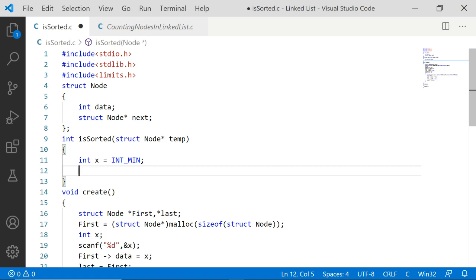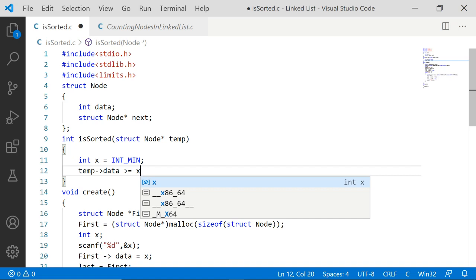Now we need to verify whether the present temp of data, the current node data, is greater than the previous node data. If it is the first node, we don't have any previous node before this, so we will compare it with x. So first of all, I need to check whether the present temp of data is greater than or equal to the previous data.